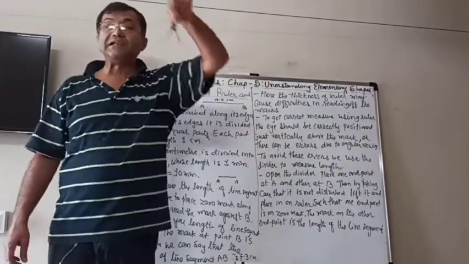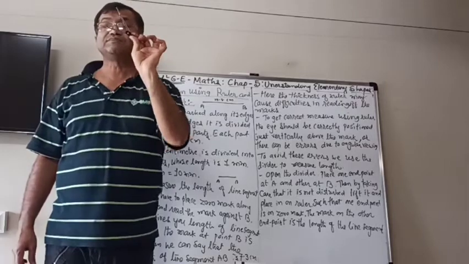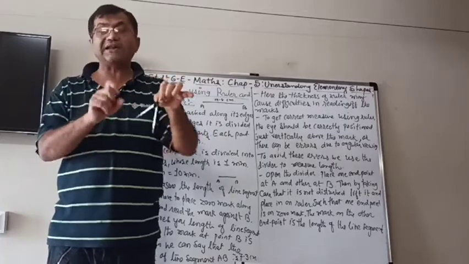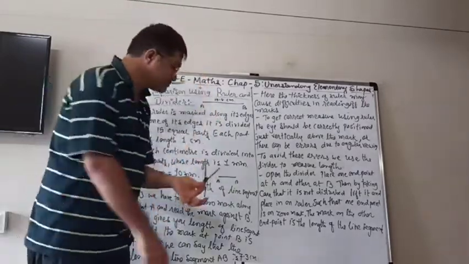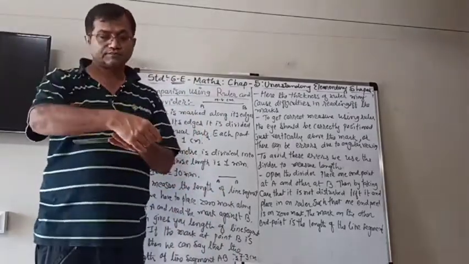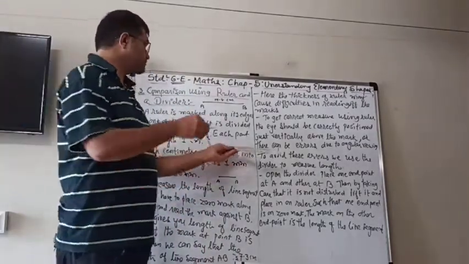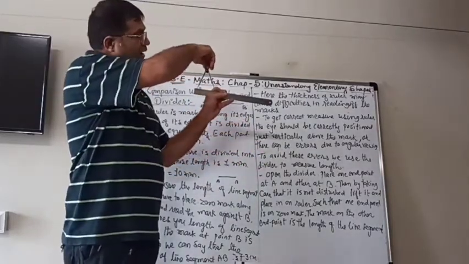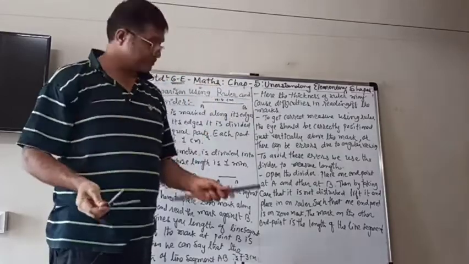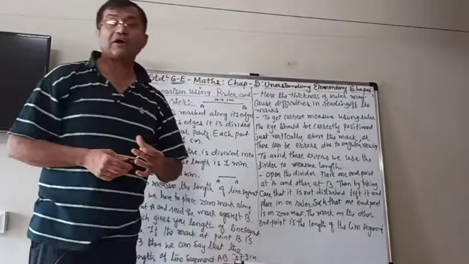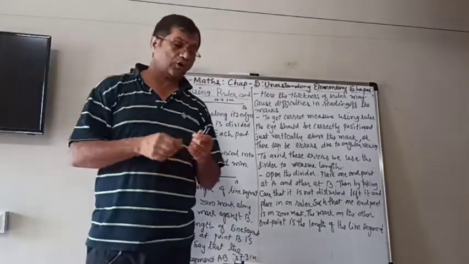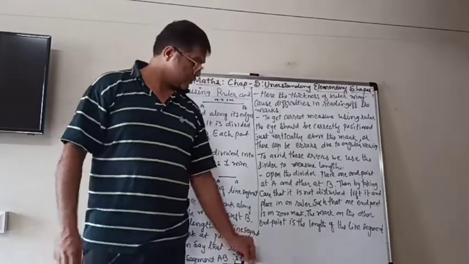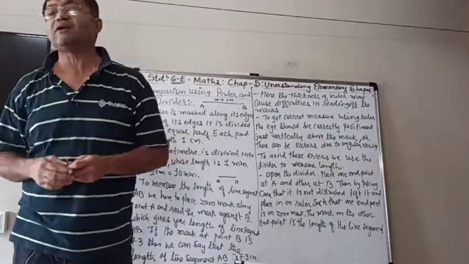You can see now, as I put it, one point is at A and the other end point at point B. Now when you lift it, make sure that this adjustment does not get disturbed. It should not be more wide or less wide. Exactly, and then you have to take a ruler and put one of the ends on the zero and read where the other point is ending. That will be your exact measurement of the line segment. So that is the best way to use a ruler along with the divider.